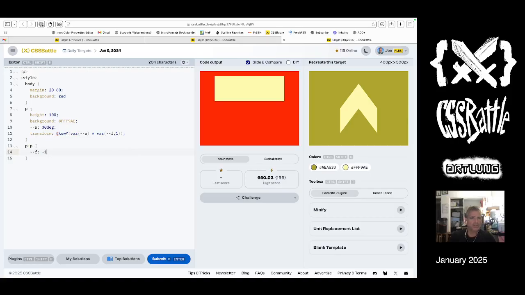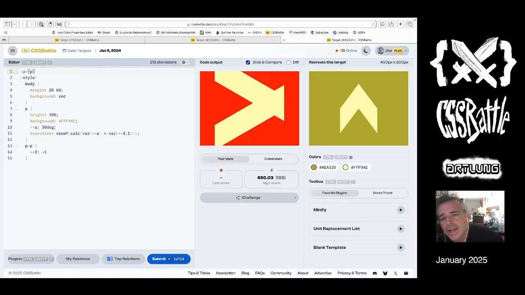But this is not currently working. Oh, because I need a calc around it. Calc. That's the step I skipped. There we go. So if I add a second one, that will be angled differently. So I need to press these together, and to do that, they need a height and a width. Width